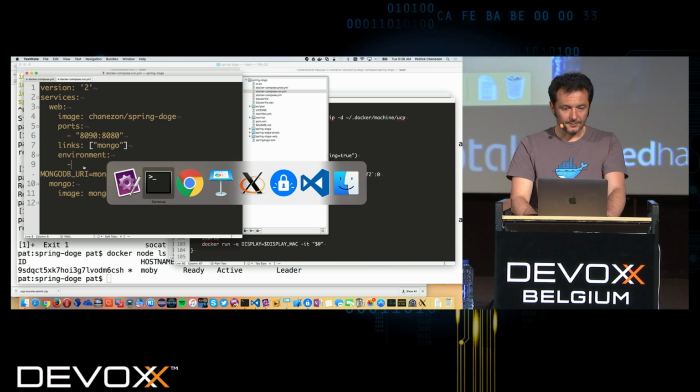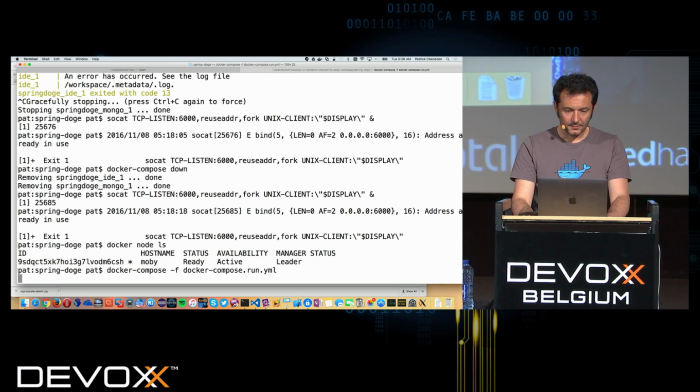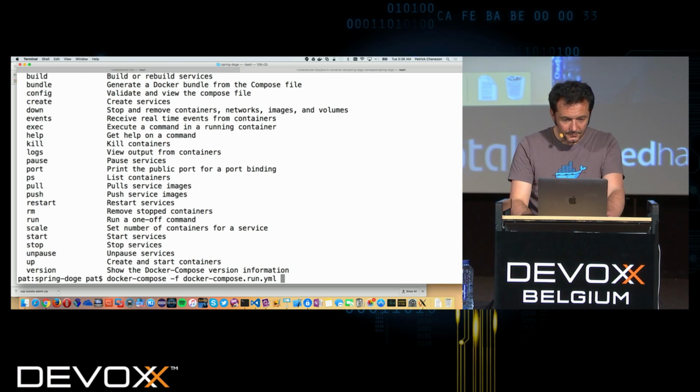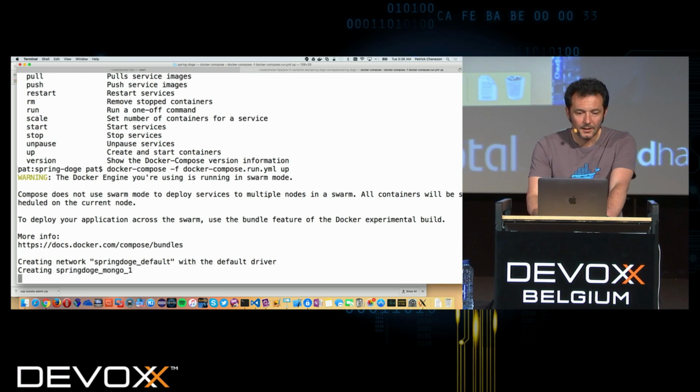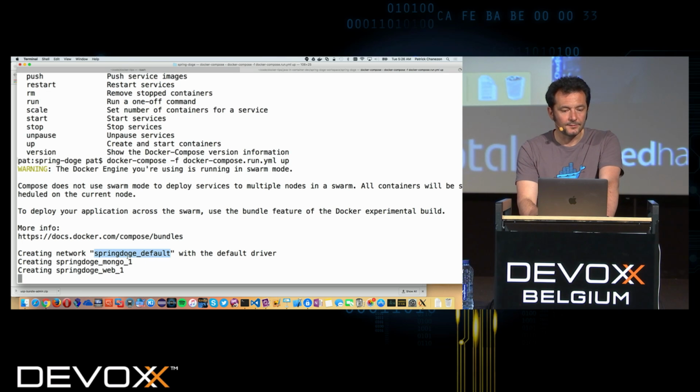So I save that. It's called Docker Compose Run. So if I do a Docker Compose -f Docker Compose .run .yaml. Oh yeah, I want to go up. So here, what it's doing is that it's creating a network by default.